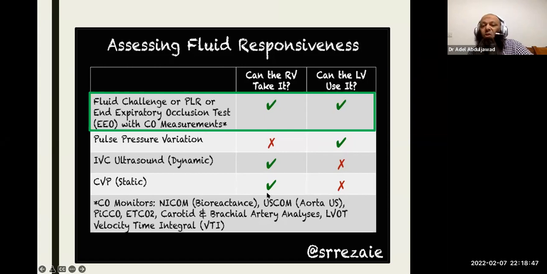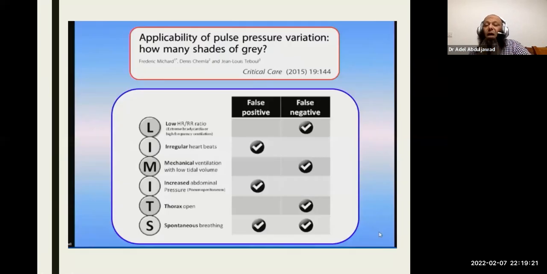And again, if you are using static parameters like CVP measurement, you are blind about the LV. You don't know the LV. You can push fluids, then look for the trend. But when you combine cardiac output measurement, whatever tool you use, now you are looking at both the RV and LV. This is how the fluid responsiveness tool or parameter can be ideal for you. And as I told you,